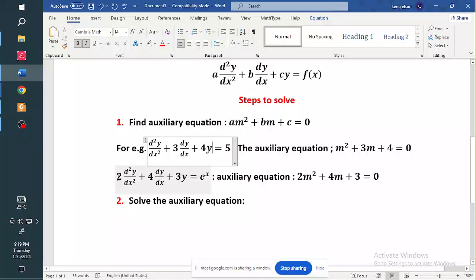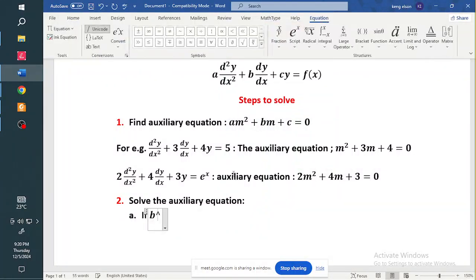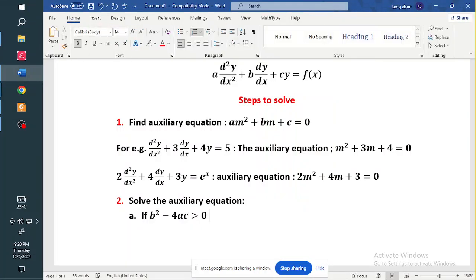So like in this second one, like I said, when you're getting your auxiliary equation, we don't care about e to the x. It's not our problem. Our auxiliary equation is always a quadratic of that form. Now the second thing is we have to solve the auxiliary equation. If we solve the auxiliary equation, we are going to have 3 cases because we have a quadratic. So if b squared minus 4ac is greater than 0, that is, there are real and distinct roots,